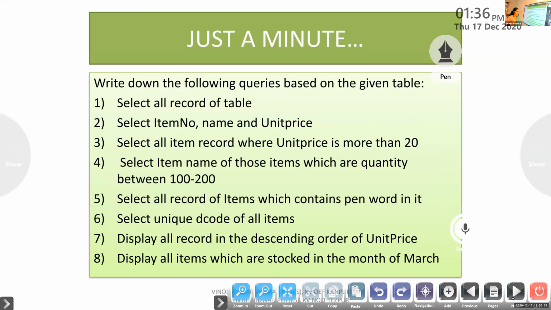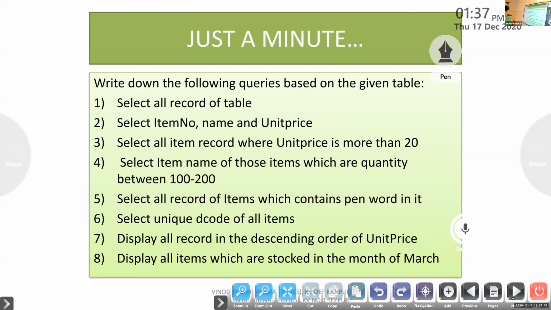So this is the question. These are the different questions. What is the time now? It's from 1 to 1:45, right? So you have enough time to complete it. So write the queries in a book, in your paper.